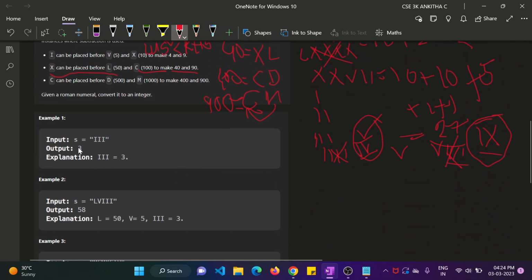So you could see 1, 1, 1. It's 3, right? So LHS is greater than or equal to RHS in this case. 1 greater than or equal to 1, 1 greater than or equal to 1, 1 greater than or equal to 1. Thus, you just add 1 plus 1 plus 1, that will give you 3. Next, if you move to this example,